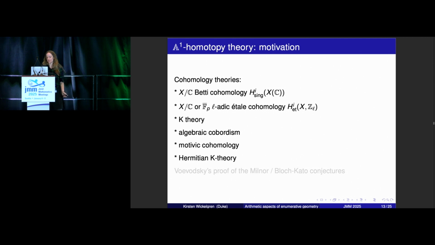The flagship result in A1 homotopy theory is Voevodsky's proof of the Milnor and Bloch-Kato conjectures, but there are a lot of other wonderful applications to vector bundles, back to algebraic topology, and we could say a lot about this, but that's our motivation for making an A1 homotopy theory. We could even make a joke, because when you stick a scheme in here, you could call it a motive, and then it's also a motivation. Thank you.